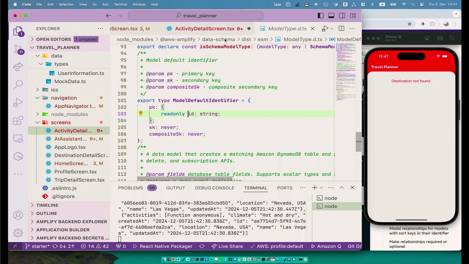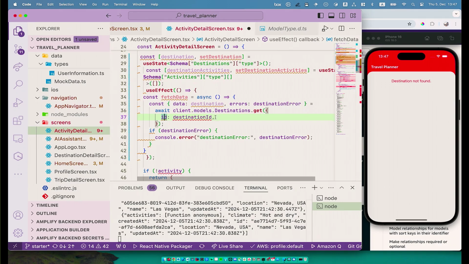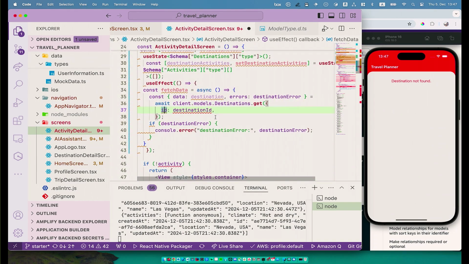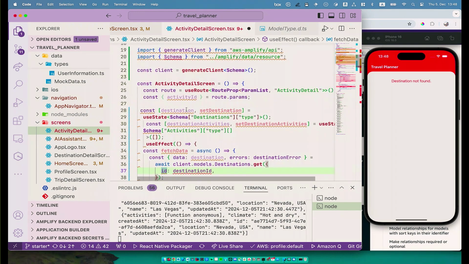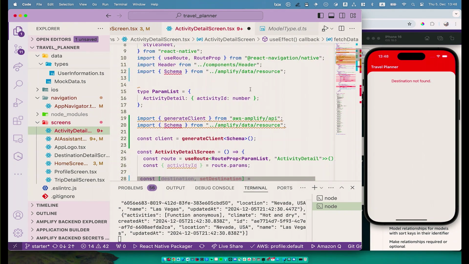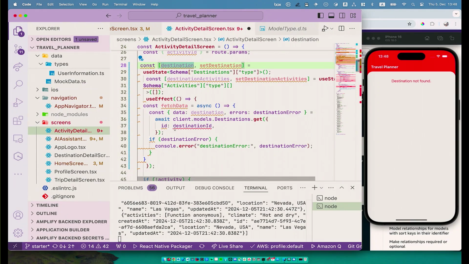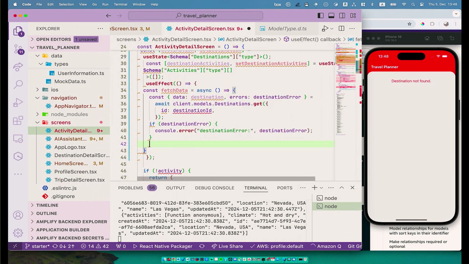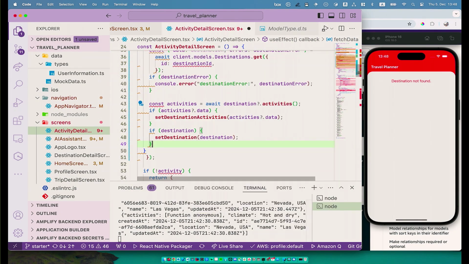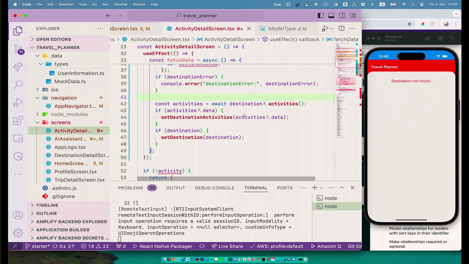What have I done? Your destination ID is a number. You can go up to make it a string. Yeah, this one. Okay, yes, great. So I'm retrieving the destination. I'm retrieving the activities, and now,